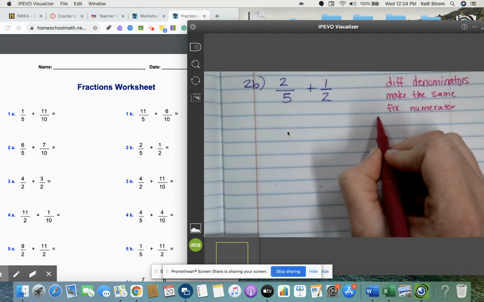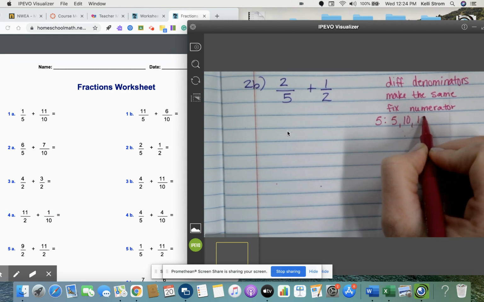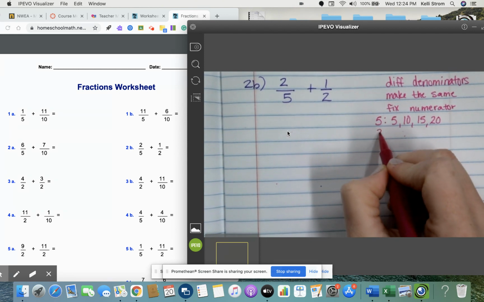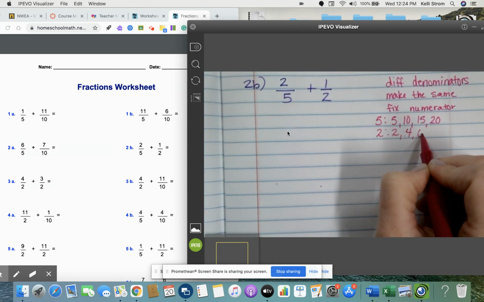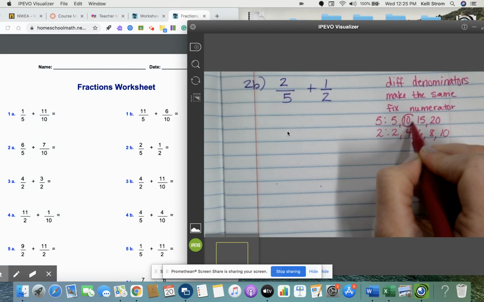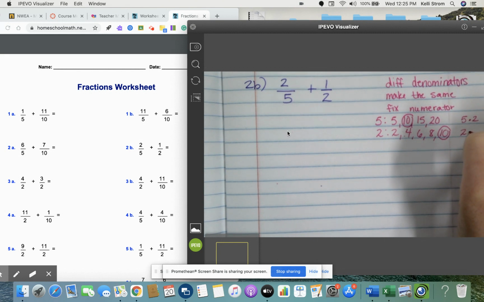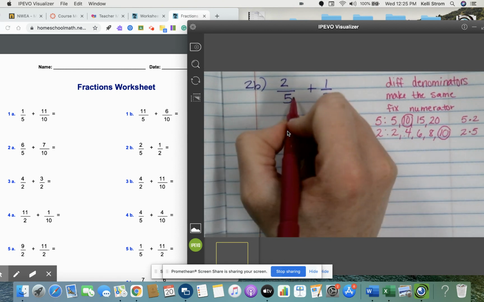Now I have to say, all right, well, I've got 5, 10, 15, 20. So I'm going to stop right there for now, and I'm going to look at 2. I've got 2, 4, 6, 8, 10. Can they both go into 10? Yeah. 5 times what is 10? And 2 times what is 10? 5. So what I have to do is I have to come over here now and I have to say